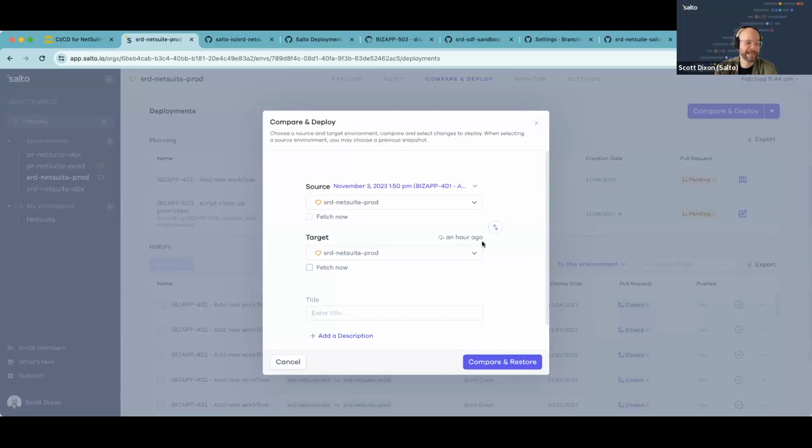I could come back and say, remove that workflow and also undo those changes I made to the saved search, but maybe keep the changes that I made to that specific field. So Salto is going to allow you to granularly pick and choose which of those elements you want to roll back. It's worth noting that this rollback functionality can be a little bit difficult to achieve using SDF alone,